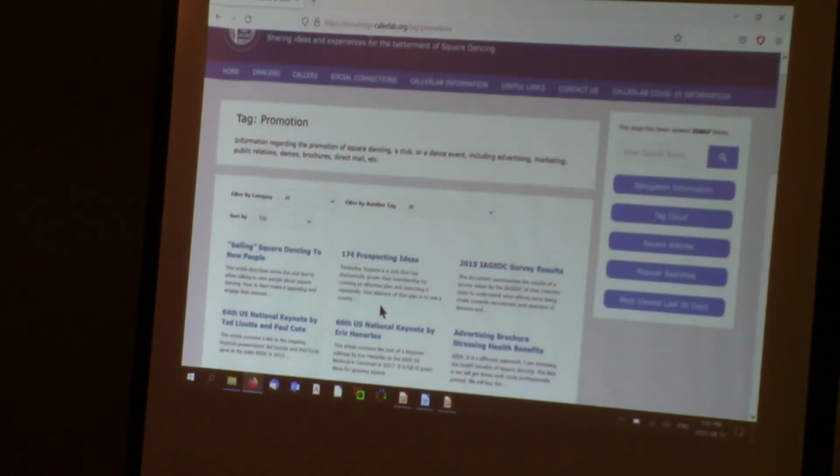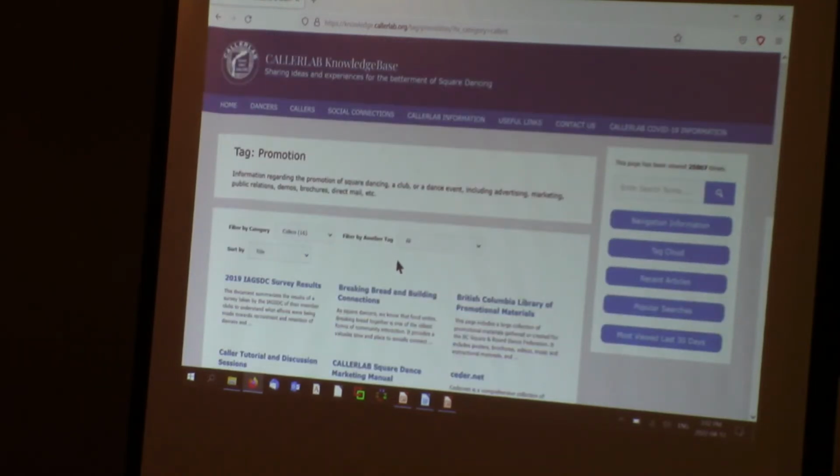So if you're thinking, well, that's still too much stuff that I don't want to filter my way through about promotion, you can filter it by a category, which I'll tell you right now probably won't be too helpful because we don't have too many categories. But maybe that would be what you want. So you could say, well, we're looking at promotional material that's directed to callers. You'll notice there's a lot more directed to dancers than there is to callers. So let's look at callers just because it's a smaller number.